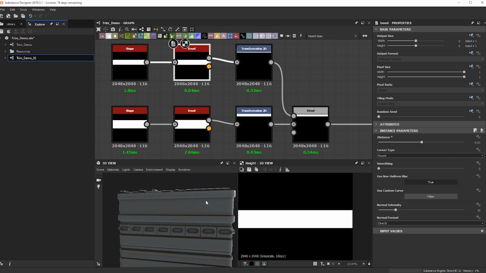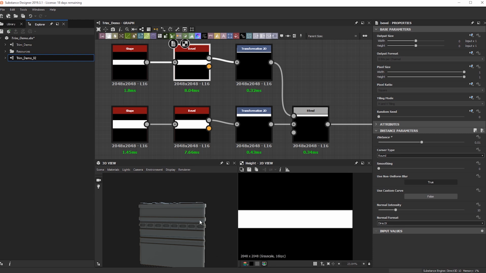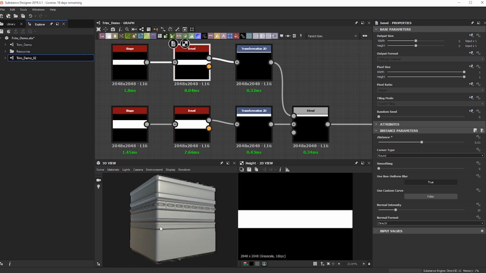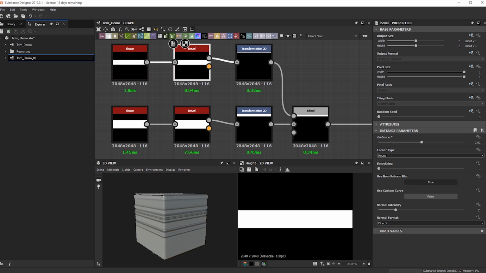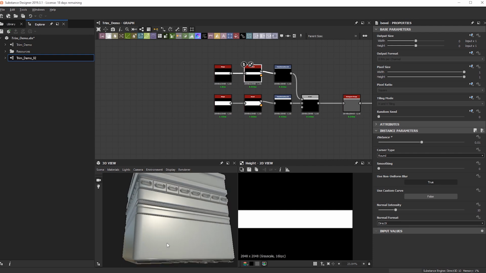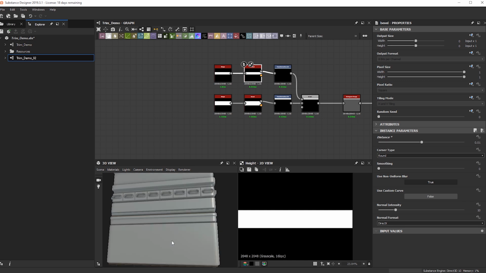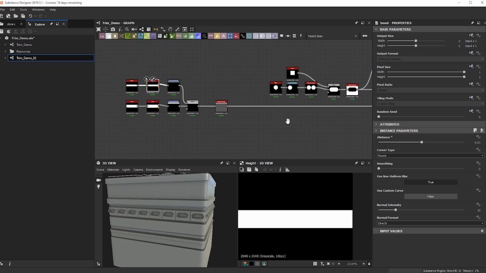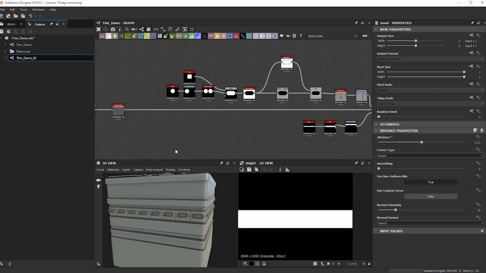So now that we have pretty much everything removed from our old trim, we can just start going crazy and adding our cut lines and whatnot into our trim texture. So let's go ahead and do that. To get started, let's start adding some nice cut lines to break up these surfaces, to have some nice almost mechanical cut lines or sci-fi panels. So let's start with this guy at the top first.